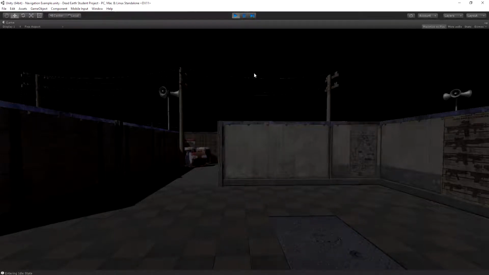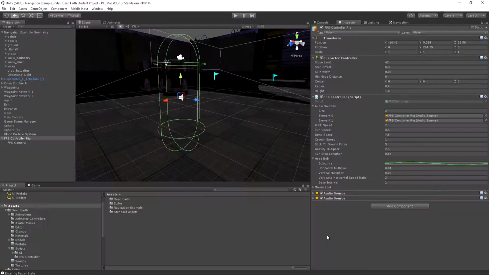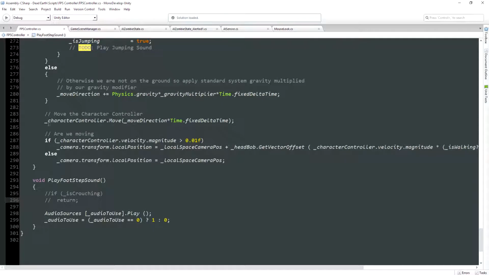And at the moment, although I don't want a footstep sound when I'm crouching, what I don't want to do is later on when I add a proper crouch sound effect for my footsteps, then we're going to get that problem again. When we go into the crouching mode, we're going to get that stray footstep being played. Of course, the reason why this is happening is it's being triggered by our headbob class,